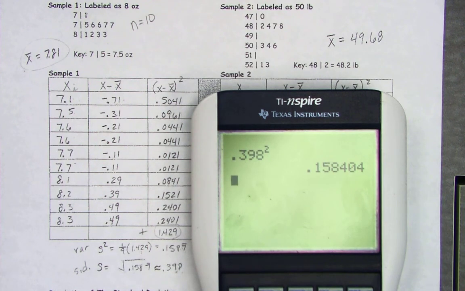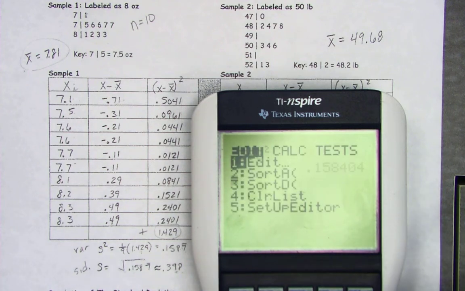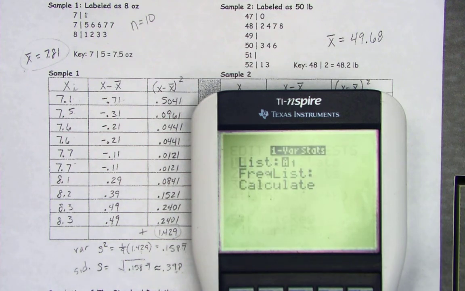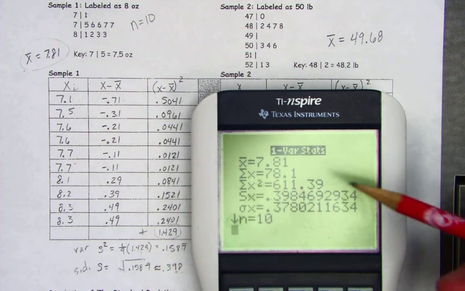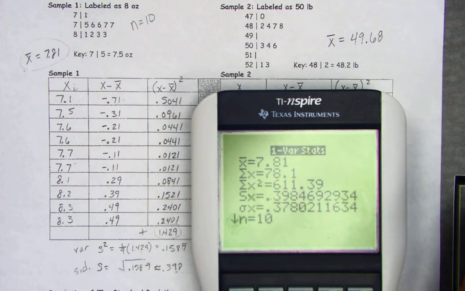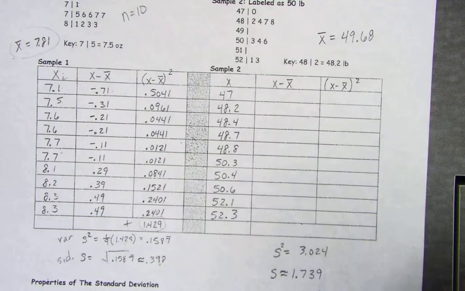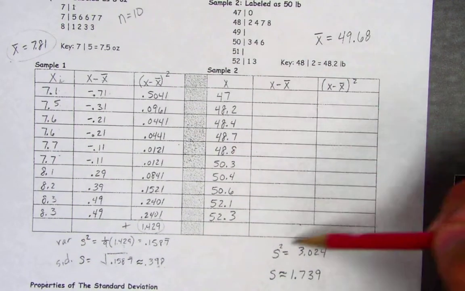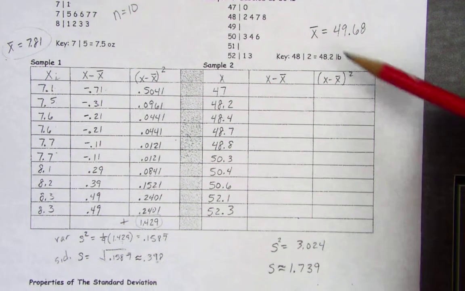So we can calculate the variance and the standard deviation by just going to our list, calculate one variable stats, and since this is s and variance is s squared, you just square this number and that will give you your variance as well. Now, I didn't go through and do this one. If you want to try it on your own,